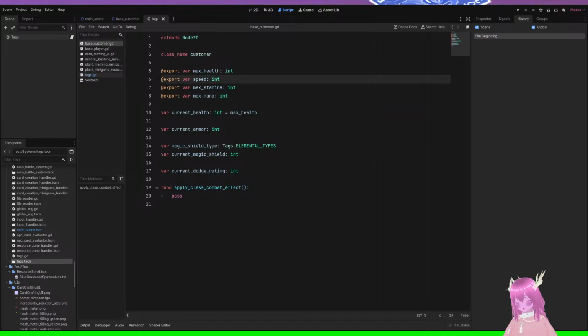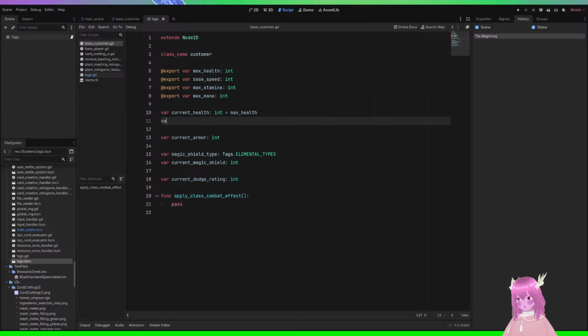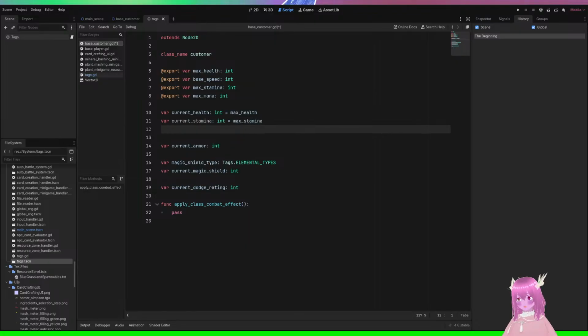By the way, the speed stat will be interesting for something later. Anyway, hold on. Var current stamina.